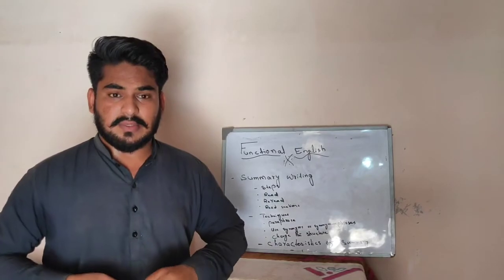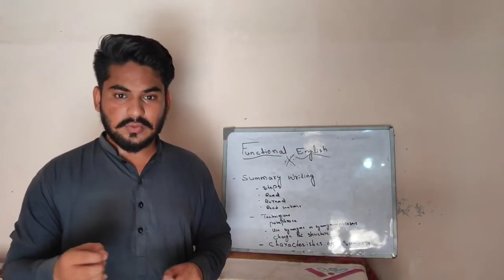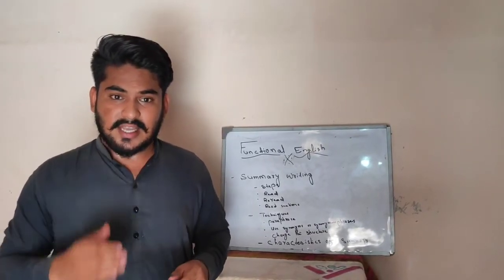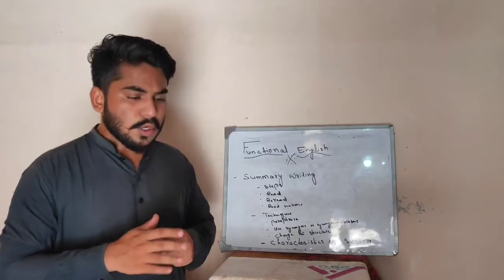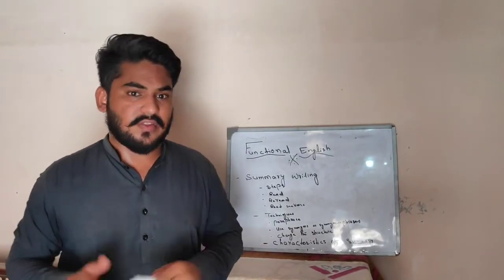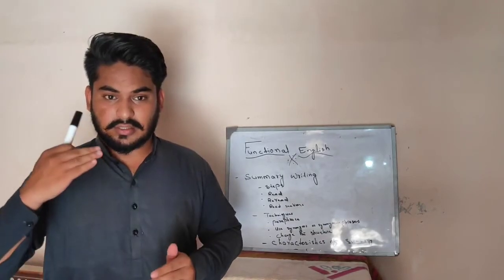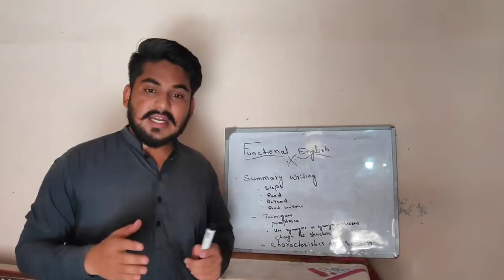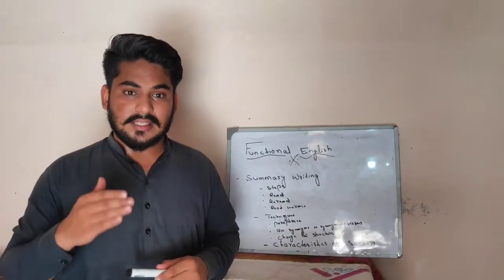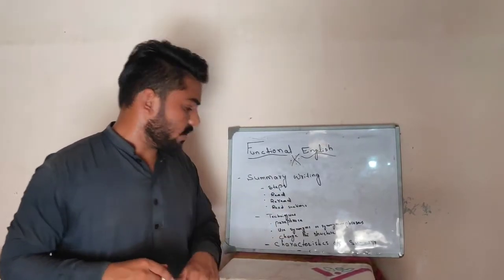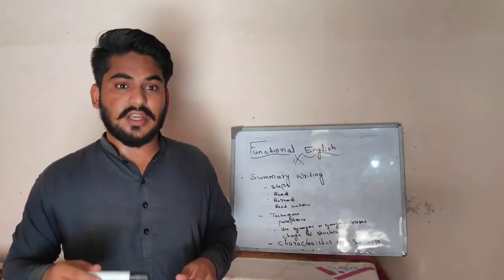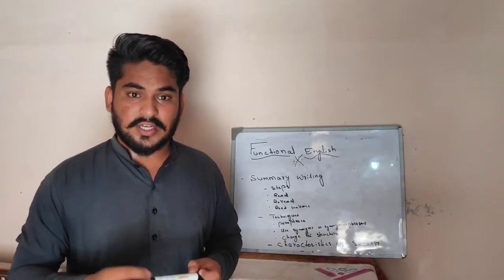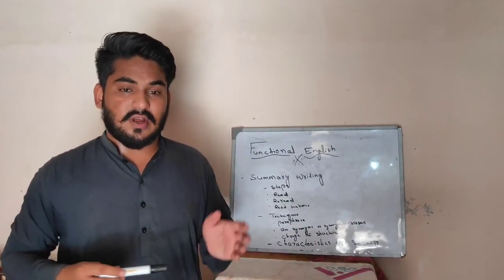When we reread the same chapter or article, we have to divide that chapter or article in sections and label them. First, we have to read to understand the central idea. Then we have to reread to divide that chapter in sections. When we divide the chapter or article in sections, then we read those sections. When we read those sections, we have to write one or two summarized sentences from each section.